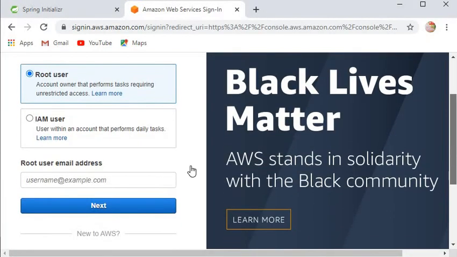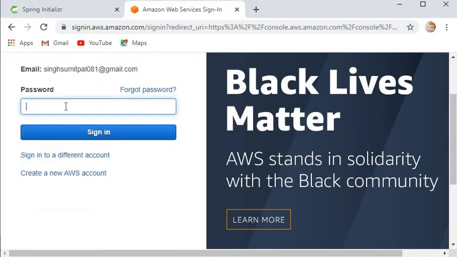And here I need to enter the root user email address and next, enter password and sign in.